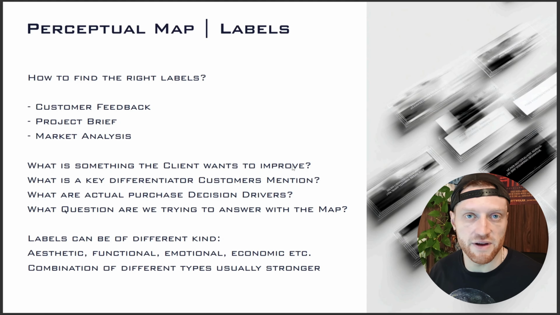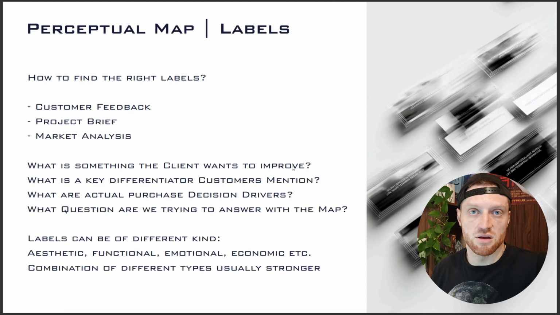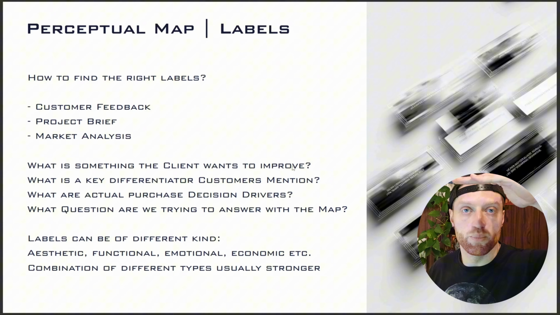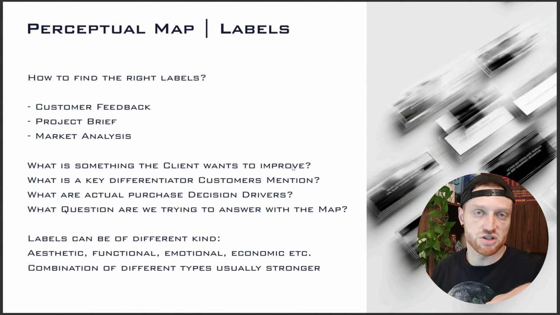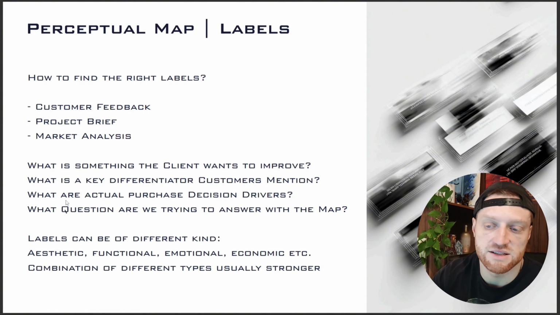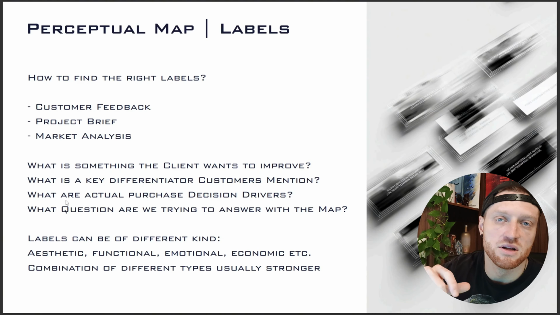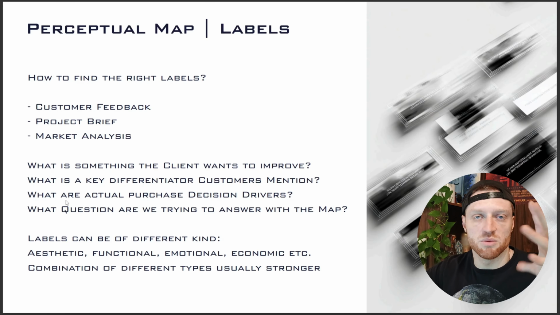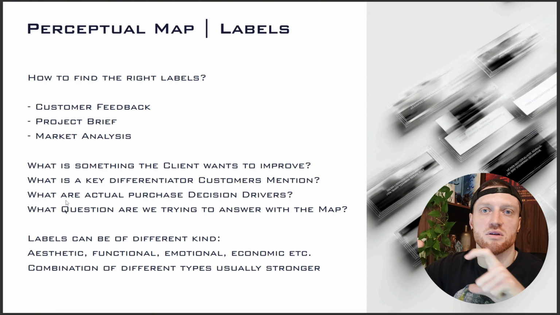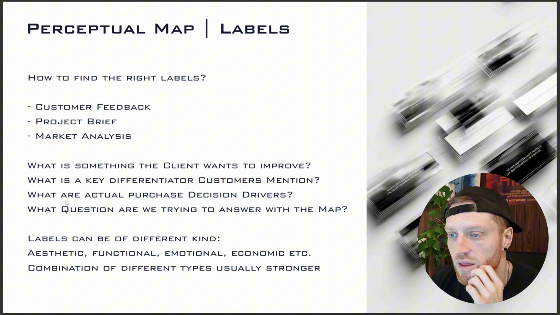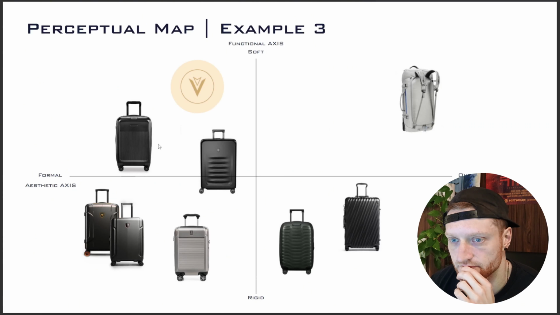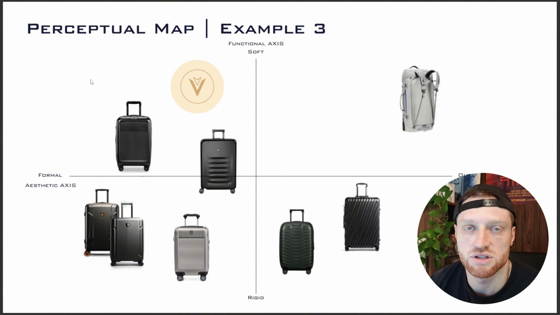In general, labels can be of any kind. They don't have to be just aesthetic or functional. They can also be emotional or economic, right? Is it like premium price range, low-end price range? And if you then combine aesthetic and emotional or functional and economic labels, then you get like a broader impression of the market landscape. So with this in mind, I have a third perceptual map now, where I have a formal,